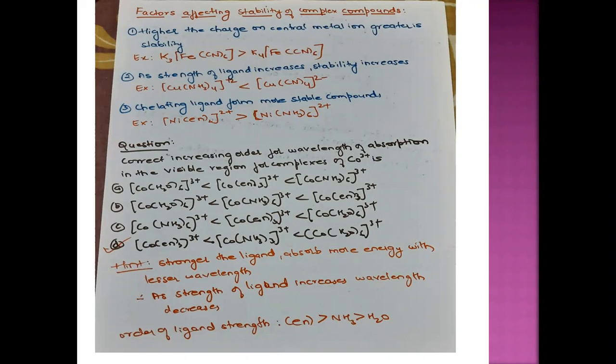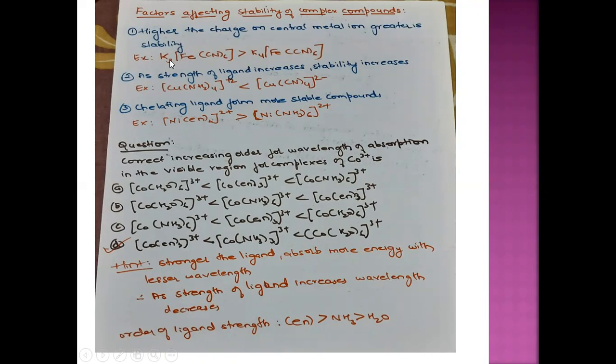Okay. Next, the last topic: when two compounds are given, how will we compare the stability of the complexes? These three factors you have to keep in mind. Whenever we see two complexes and they ask which is more stable, 3 points should be in your mind. The first point: in both the complexes, the same number of ligands and the same central metal atom are present. How will you differentiate between the stability? According to the point, the higher the charge on the central metal ion, the greater is its stability.